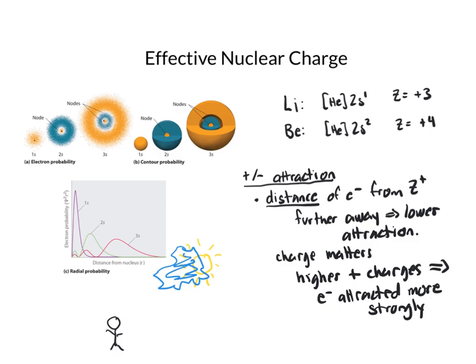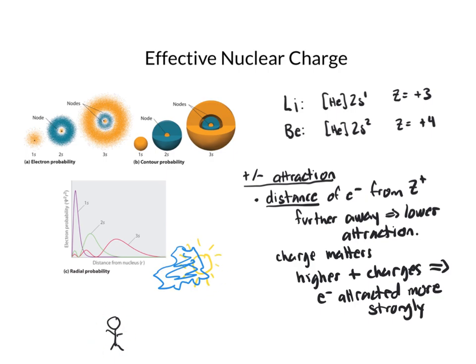So when we have something between us and the sun, we don't feel the attraction of the sun as strongly. That analogy can be used to think about how these core electrons are going to affect the valence electrons. If I have 2 electrons close to the nucleus, they're going to act as a cloud on the nucleus. So the analogy here is that the sun is the nucleus, the core electrons are the cloud, and I am the valence electrons. If I have core electrons shadowing the sun, then I'm not going to feel as strong